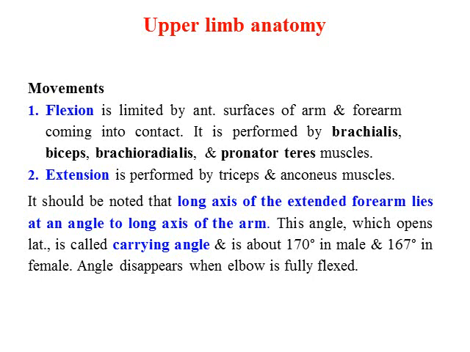Now, the long axis of the fully extended forearm makes an angle with the long axis of the arm, and this angle which opens laterally is called the carrying angle, and it is in male about 170 degrees and in female about 167 degrees. This angle disappears when the elbow is fully flexed,